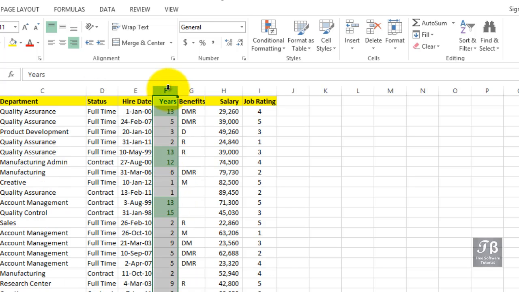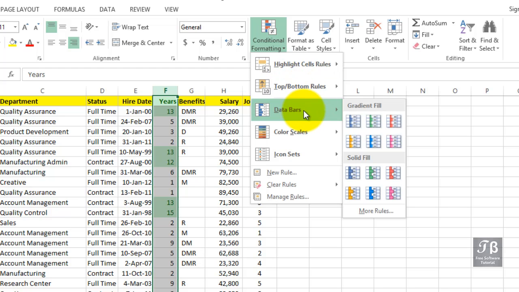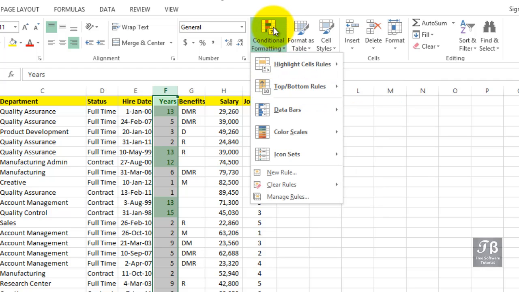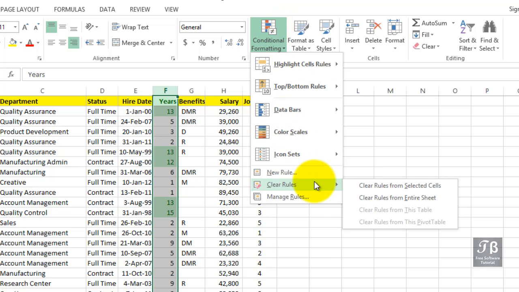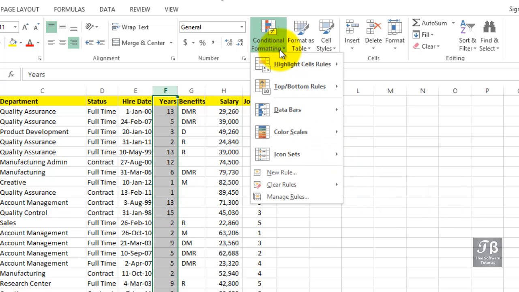Even more colorful, though, is another idea with conditional formatting. If we want to use other features like, say, data bars, the existing format stays in place along with these. Now, I don't think we want to use the two together. So when you are making changes to a set of conditional formatting rules that are already in place, you might want to clear the rules, as it's called, from the selected cells,